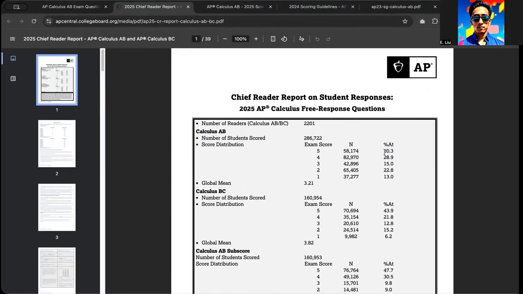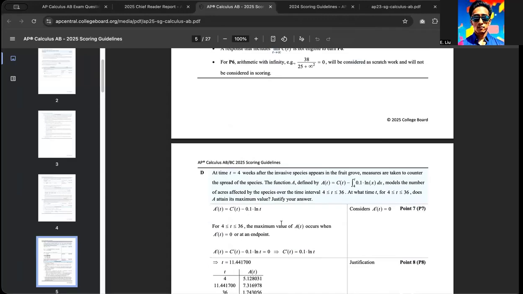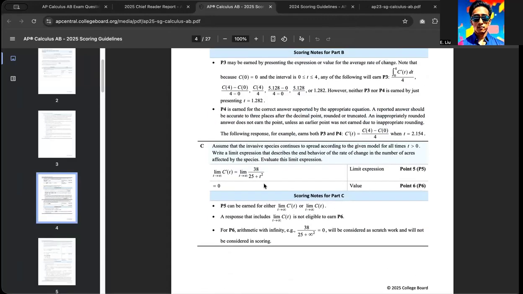Another thing to understand here is that for Calculus AB, at least for 2025, about 48 to 49% got a 4 or above. Over 50% do end up passing, but there still are quite a few kids down here, whether they actually don't know their calculus, or it's very possible they missed points on the algebra and the explanations. I would take a guess that some of these twos very possibly could have passed if they had reviewed